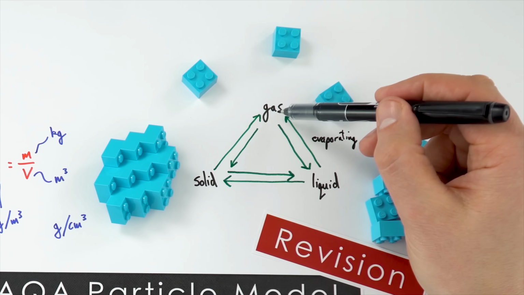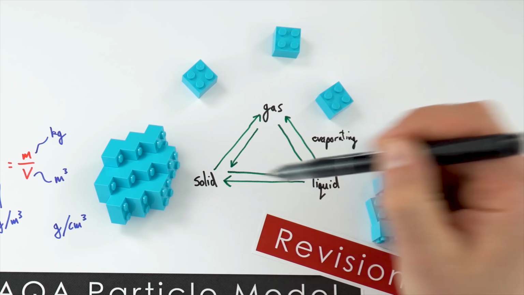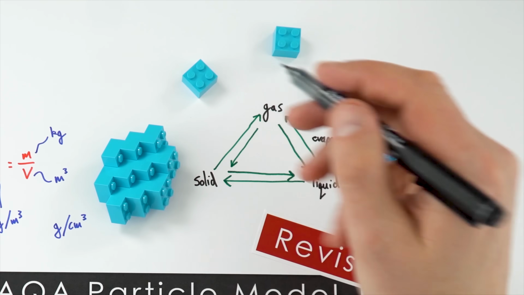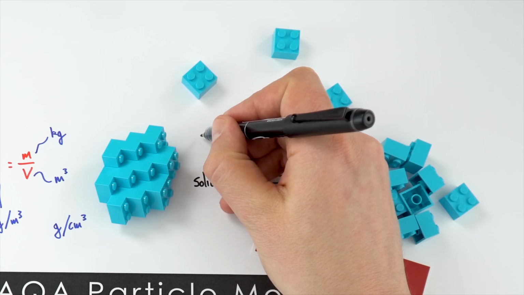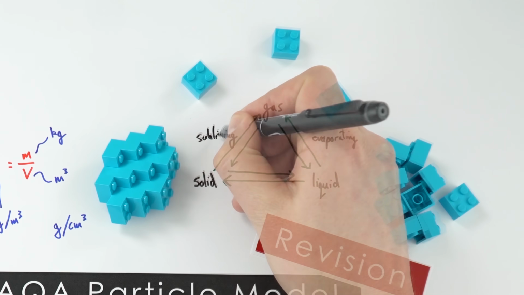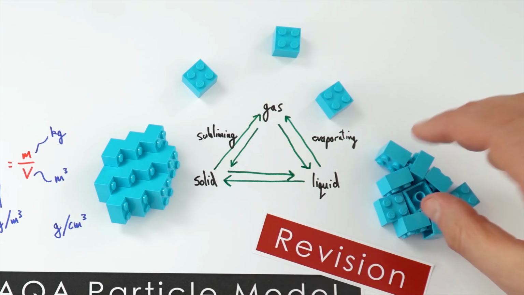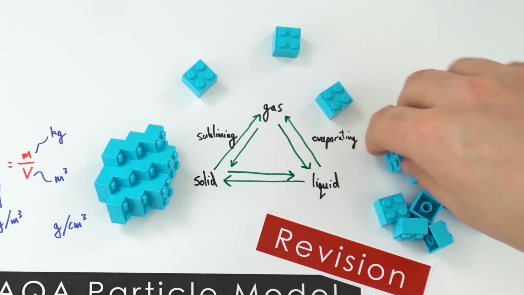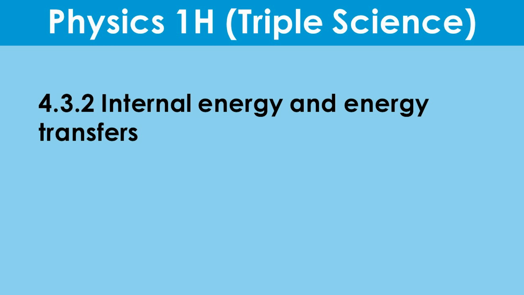Going the other way, we have gas that condenses to a liquid, and then the liquid freezes to a solid. But what we also have sometimes is a solid that turns directly into a gas. You might have seen this with some carbon dioxide pellets, and this is what we call subliming. And the key thing to remember is when we move from one state to another, there's no chemical reactions happening, it's just a physical change, which means it can be reversed and they can go back to the state they were in before.